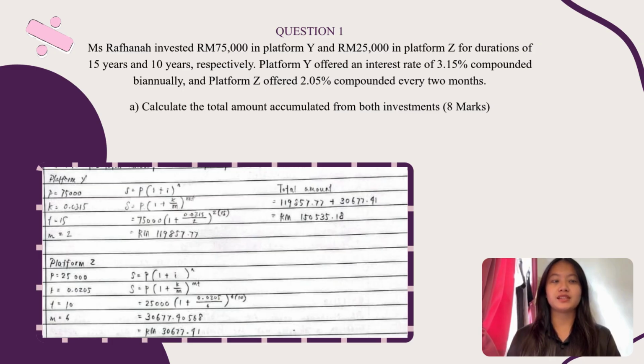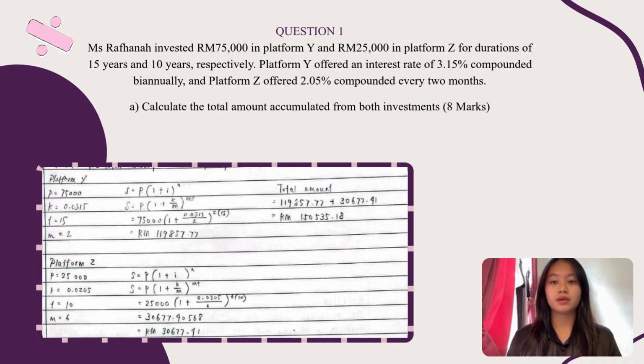Ms. Rafana invested 27,000 ringgit Malaysia in platform Y and 25,000 ringgit Malaysia in platform Z for durations of 15 years and 10 years, respectively. Platform Y offered an interest rate of 3.15% compounded, and platform Z offered 2.05% compounded every 2 months. A. Calculate the total accumulated from both investments. 8 months. Now, audience, in this given statement, we have two pieces of information that we have to acknowledge, whereby the first